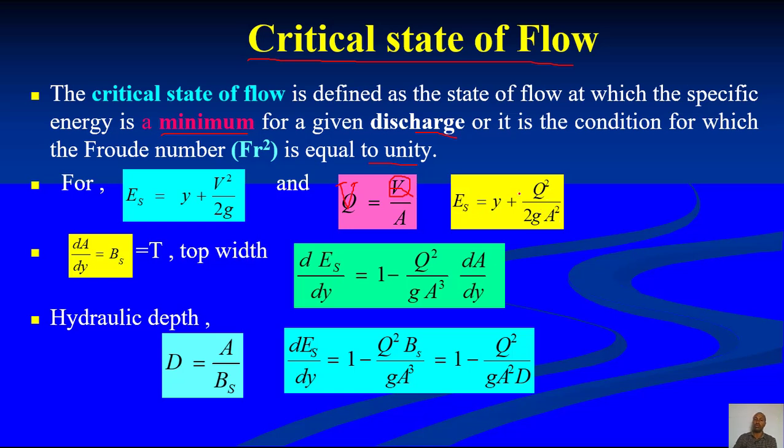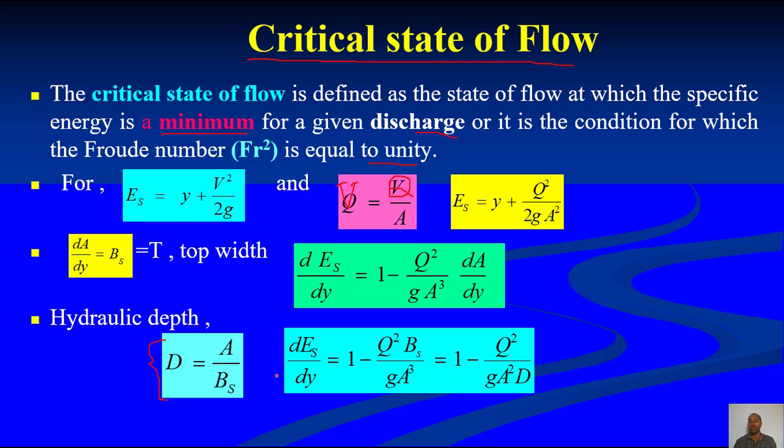Then to get minimum specific energy, you have to differentiate. So dE with respect to dy is equal to 1 minus Q square over gA cube dA by dy. So you differentiate this equation, then you have dA by dy. So dA by dy is top dimension or top water surface width. Then once you have this equation, hydraulic depth is area over top width. Hydraulic depth is area divided by top width. Then dE by dy is equal to 1 minus Q square B (surface width) over gA cube, then equal to,